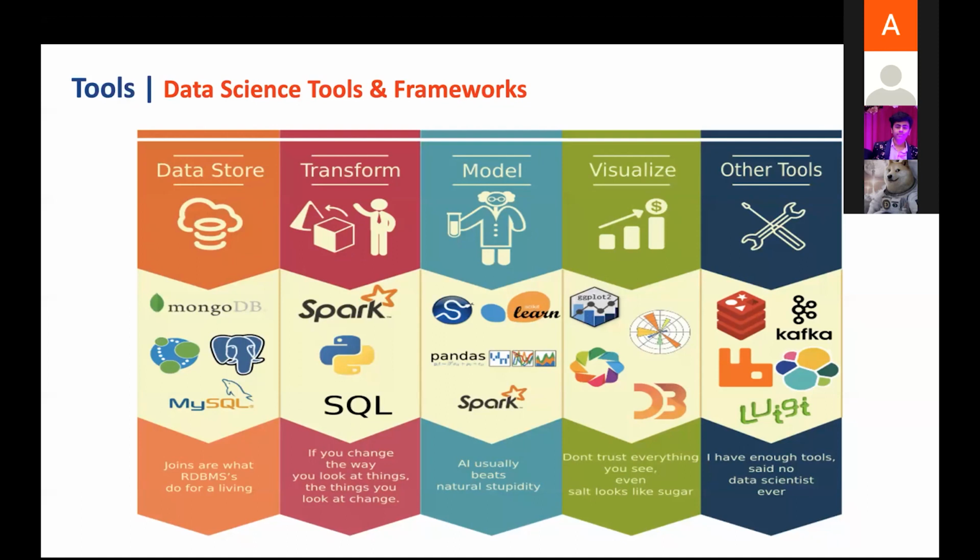A few of the software or databases available are MySQL, MongoDB, and Redshift. All these names are for data storage. For Amazon, there is S3. Then for playing with the data, you have Python, SQL, and Spark. For building any machine learning model, you don't need to write code from scratch. You can use pre-built libraries which are available in the market. Let's say you want to build a model for any prediction, you can use scikit-learn and Python. You can use pandas for data exploration.